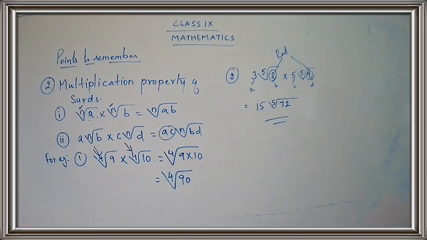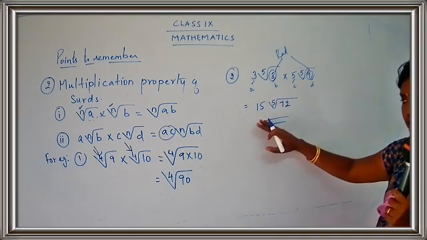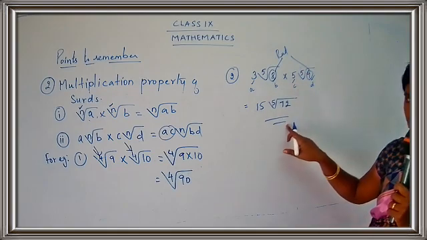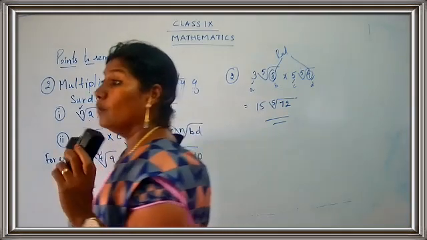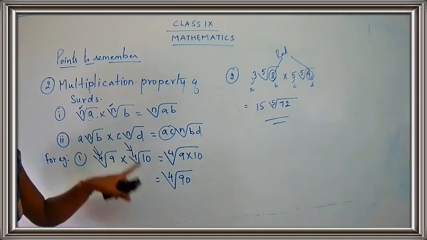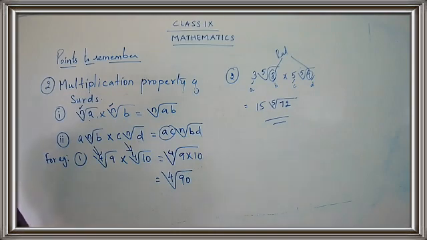Okay, so first of all, you have to multiply the coefficients. After multiplying the coefficients, you have to take the root symbol along with the root and multiply the radicands, and write down the answer. Remember, whenever you deal with multiplication, you have to keep one thing in mind: you are going to take the surds of the same root. We cannot multiply the surds of different roots. Okay, children? Just take on the example.